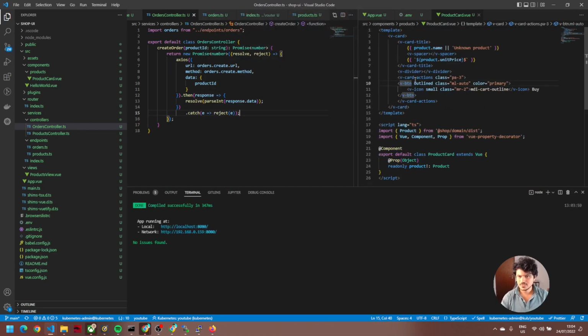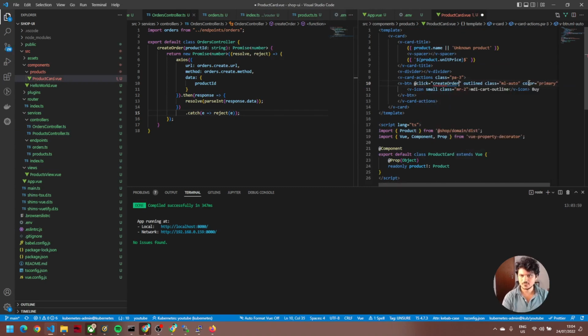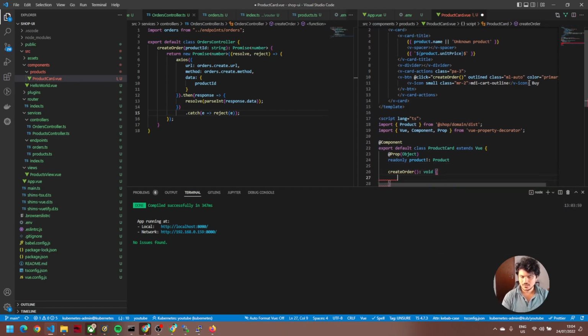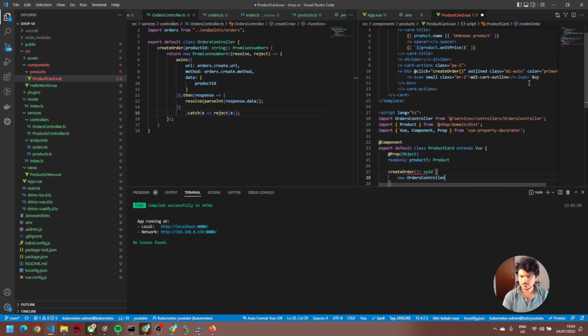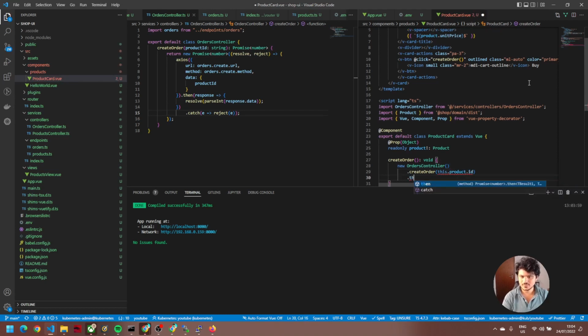So this means that first here we say click, and then we say create order, and then we go create the function, and then this will be like new OrdersController, create order, we already have the product ID, and then we say then